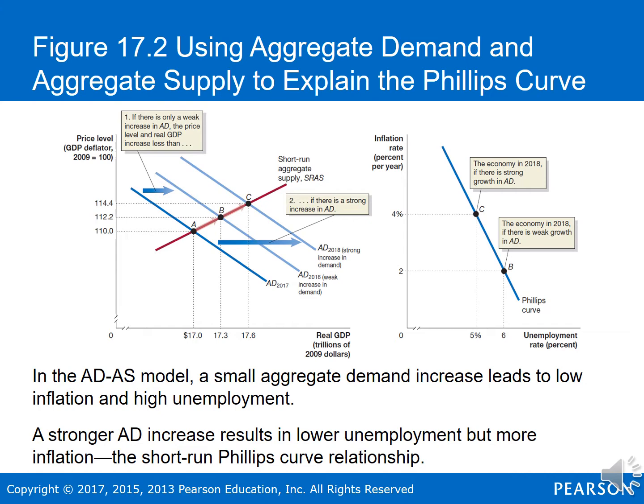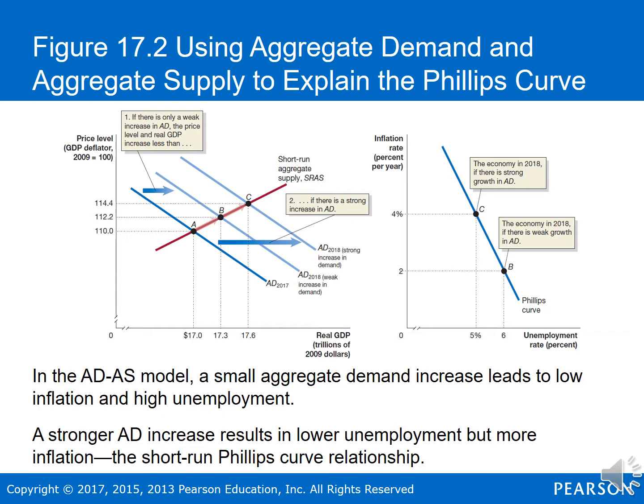Let's say there's weak growth in aggregate demand during 2020. Again, this is pretending that there's no coronavirus to deal with. The short run equilibrium moves to point B. So we have a real GDP of 17.3 trillion and a price level of 112.2. The price level moving from 110.0 to 112.2 gives an inflation rate of 2%. And the unemployment rate is 6%,